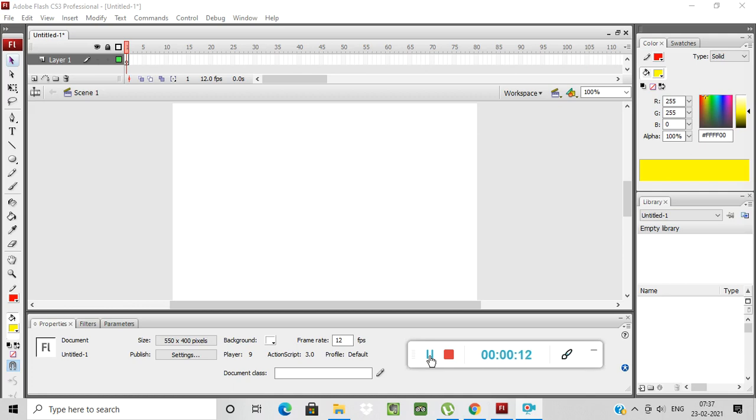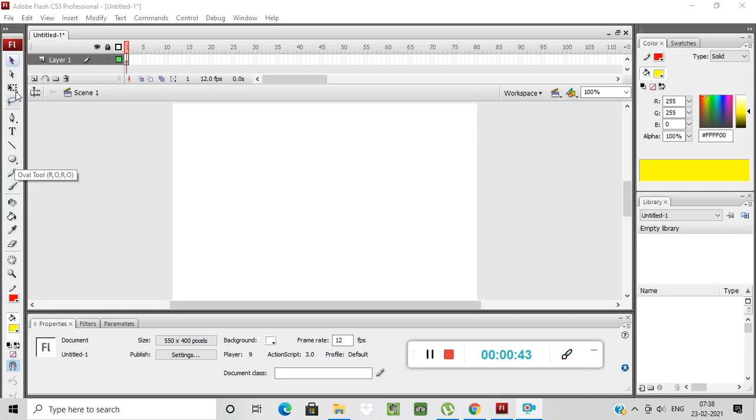Okay. Now, in that video, you saw how to use Adobe Flash CS3. Now, in this video, you are going to see all the drawing tools and reshaping lines and shapes. Now, in this video, see here, I'm separating the stroke and the fill. Okay, now for that I am drawing here with the oval tool.